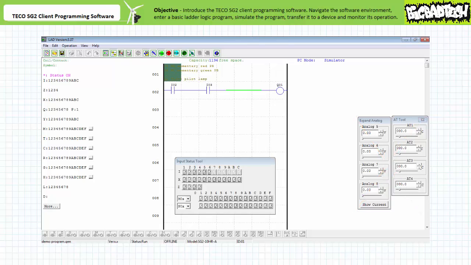The simulation utility offered by the TECO SG2 PLR client programming software is admittedly not especially robust. The simulator assumes all field input devices are electromechanically normally open. However, for the purposes of this application, this is most assuredly not the case. Note our comments indicate that the field input device attached to input I2 is intended to be electromechanically normally closed. We can work around this software limitation